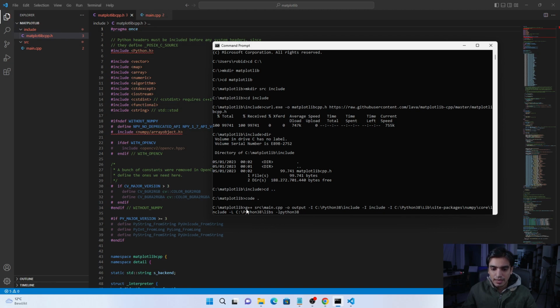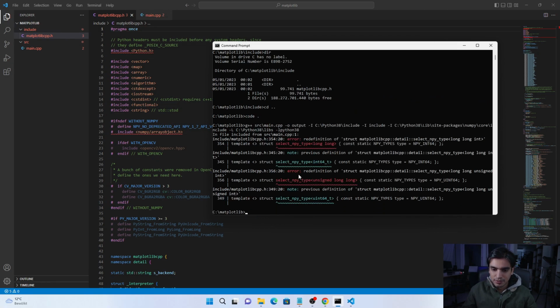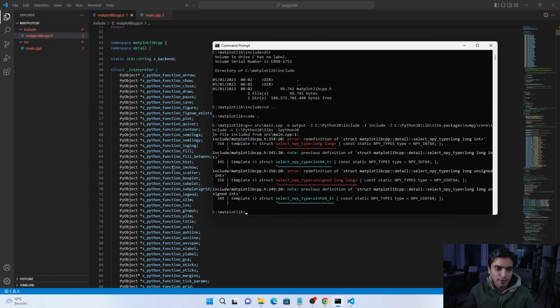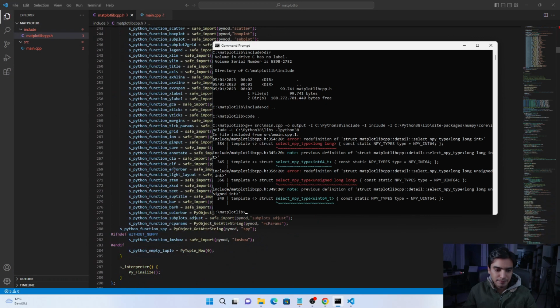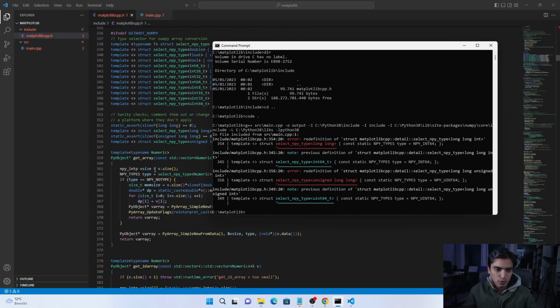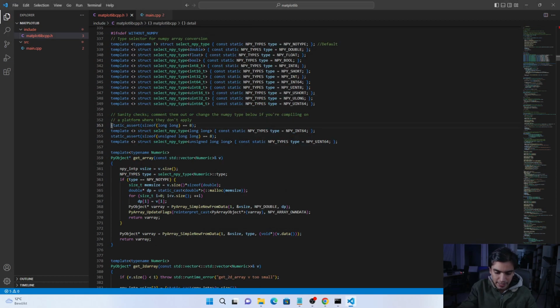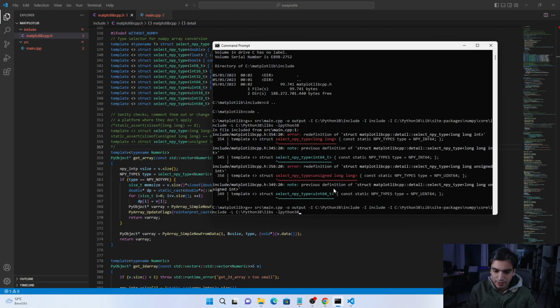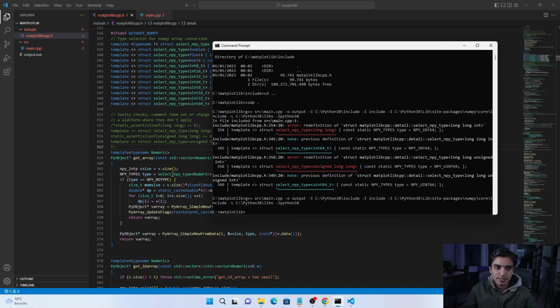So if I press enter, you see it will generate some errors like select npy type long inside the matplotlib library. Actually, we have a different version of the numpy library, so we will go in this file matplotlibcpp.h, and in line 354 here, you need to comment these lines from here to here. That's it. So if I again run this command, this time the compilation is successful and a new file is generated,